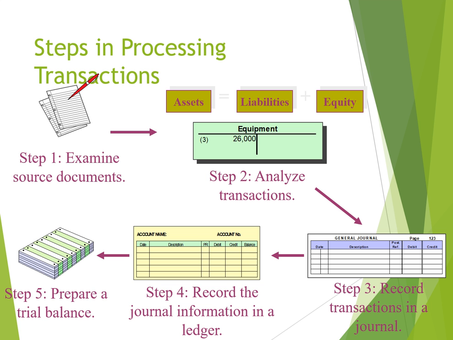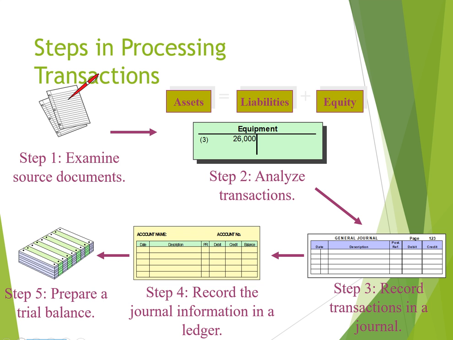For this, two terms are there. One is debit, second is credit. There are three basic accounting principles for this, which are also called the golden rules of accounting. The first one is for the real account, the second for the nominal account, and the third for the personal account. In three of these, the rule is simple. In real account, you debit what comes in and credit what goes out. In nominal, you debit all the expenses and losses, and you credit all the incomes and gains. In personal, you debit the receiver and credit the giver.